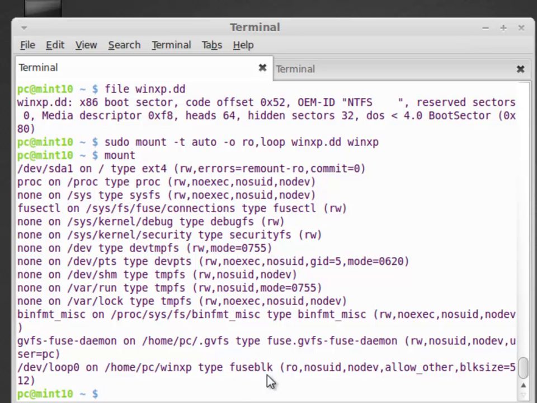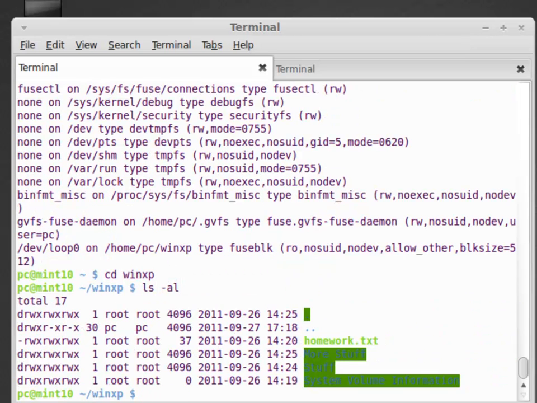So now we can go to the winxp directory and take a look at the logical files. So notice that we have one file called homework.txt, and we have 3 directories down here: more stuff, System Volume Information, and so on. So what that allows us to do is to look at the logically allocated files. Recall though, if there's anything deleted or anything in slack space, it will not show up on here because we're looking at a logical analysis, not a physical analysis. So if we want to do a physical analysis, we'll need to use the Sleuth Kit, which is a tool that I talk about in the